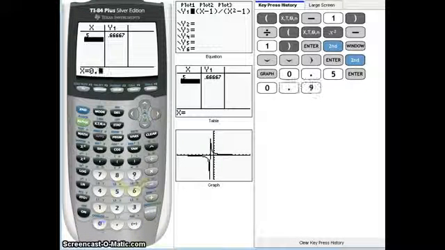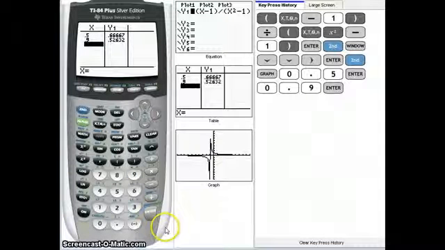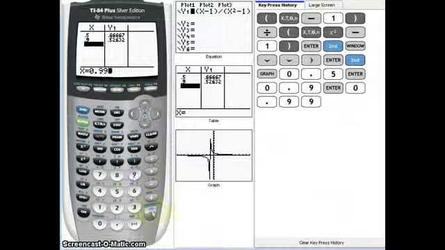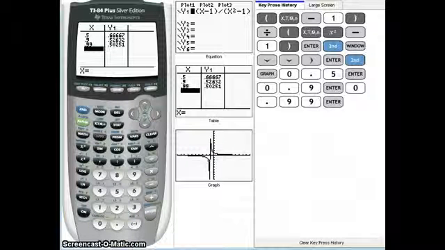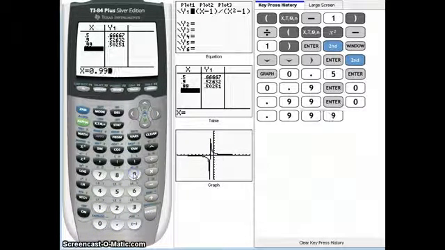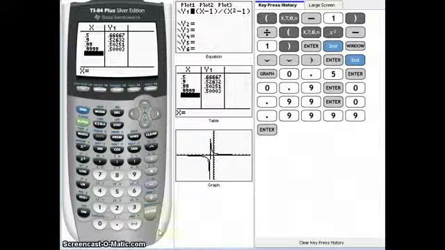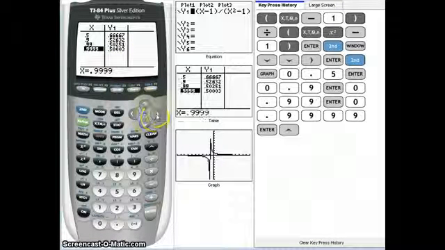0.9, 0.99, 0.9999, etc., etc. Now it's important to keep in mind that the y1 actually truncates our decimal places, and if you